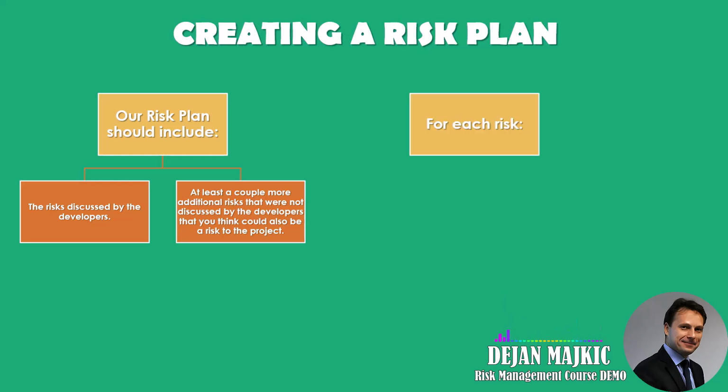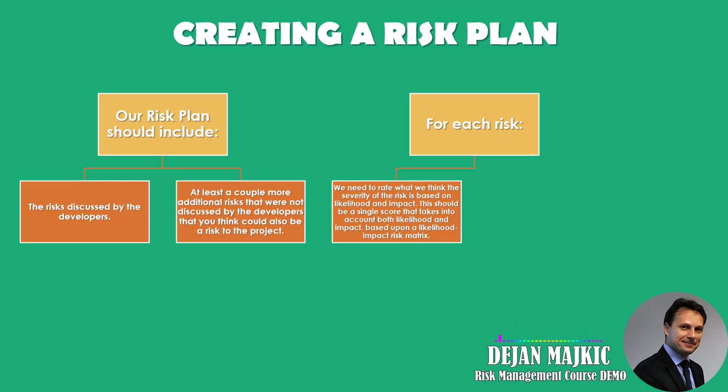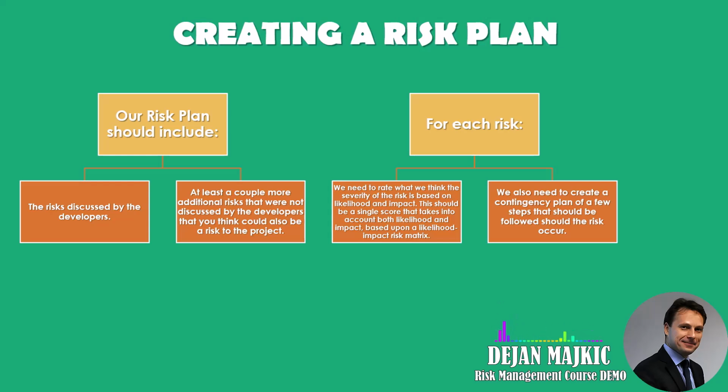Now, for each risk, we need to rate what we think the severity of the risk is based on likelihood and impact. And this should be a single score that takes into account both likelihood and impact based upon a likelihood impact risk matrix. And we should also create a contingency plan of a few steps that should be followed